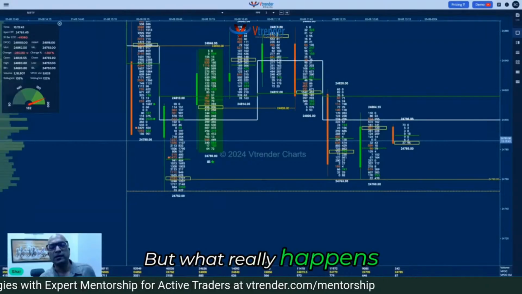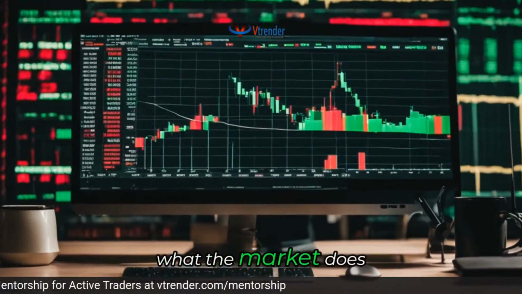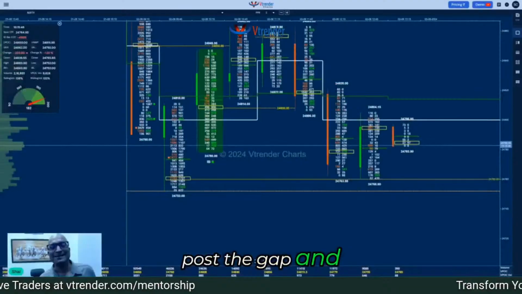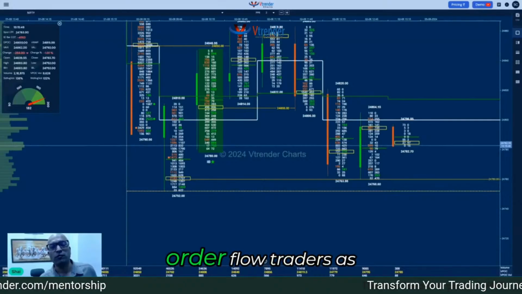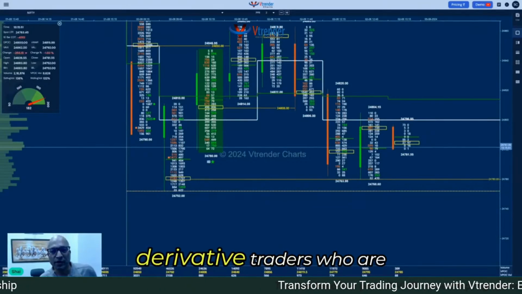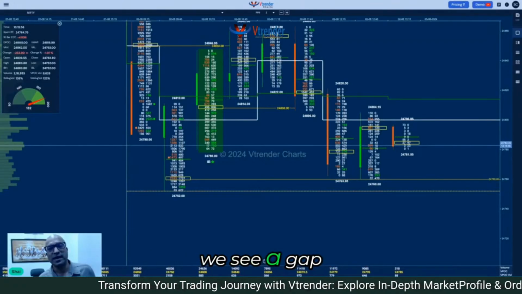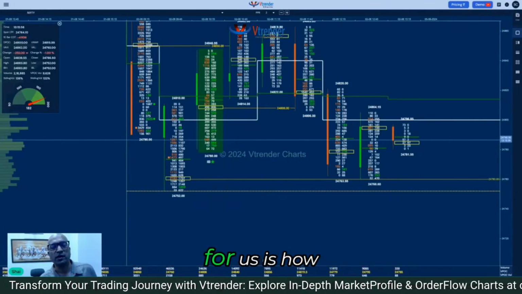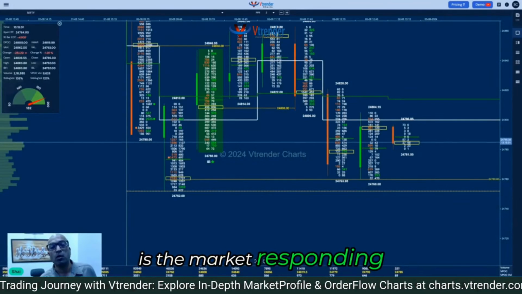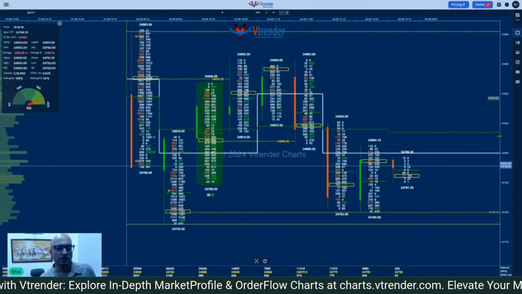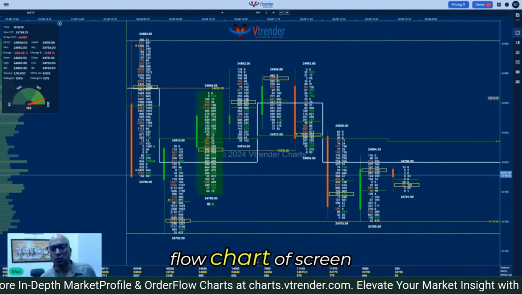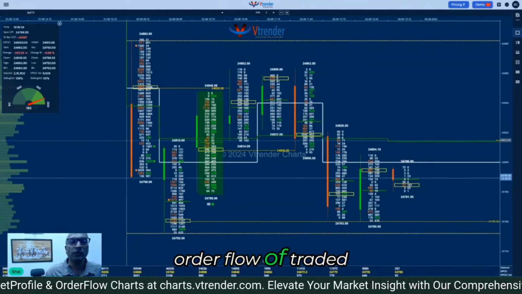But what really happens into a gap is what the market does post the gap. And that is what we focus on as order flow traders, as derivative traders who are tracking the short-term moves of the market. Whenever we see a gap, the most important takeaway for us is how the market is responding to that gap. And this is an order flow chart off screen, and this is an order flow of traded